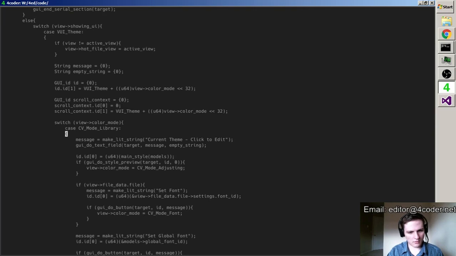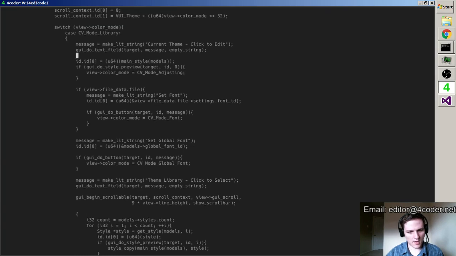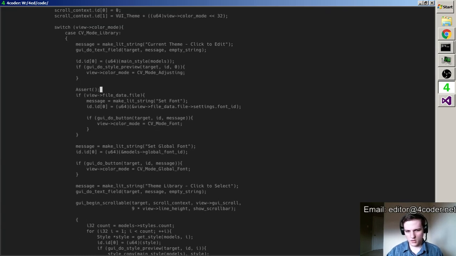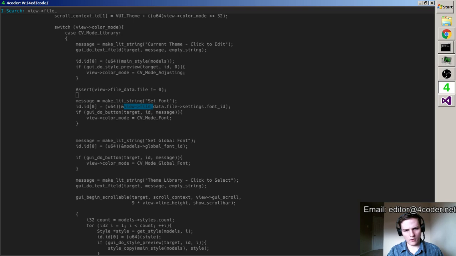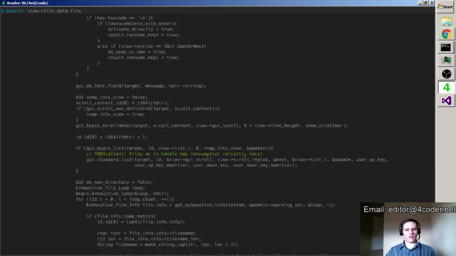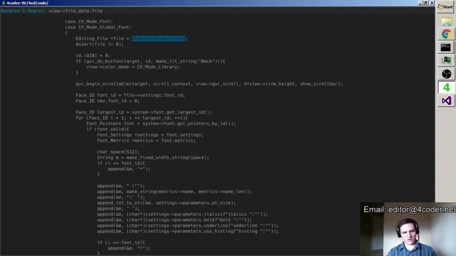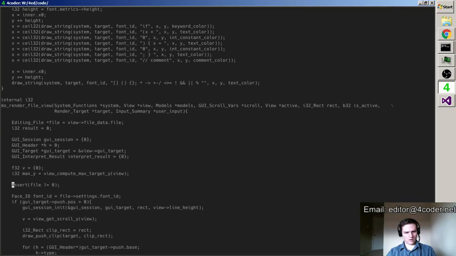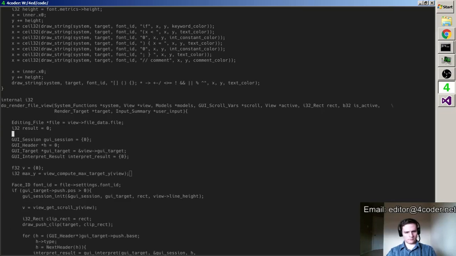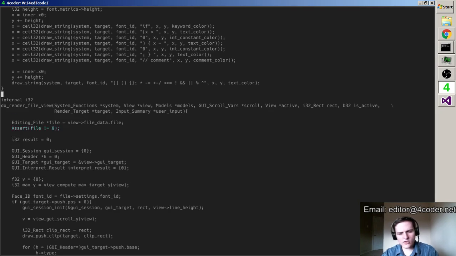Because man, I still have a lot of spots where it thinks it can be. I'm pretty sure though that we have eliminated this possibility. So yeah, see, like right here I'm asserting file is not equal 0. Okay. Here I'm doing it.